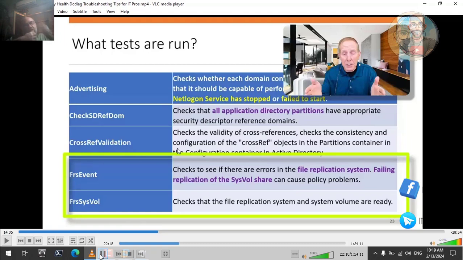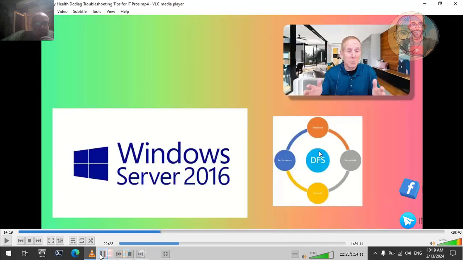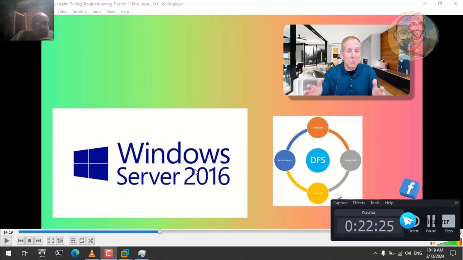So he's saying if this is not working, the Netlogon service had stopped or failed to start. Here we can see that one question again, that the replication, okay, there are two things replicated: the Active Directory database and the sysvol folder. The Active Directory database is replicated using certain services and protocols, and the sysvol folder is replicated using certain